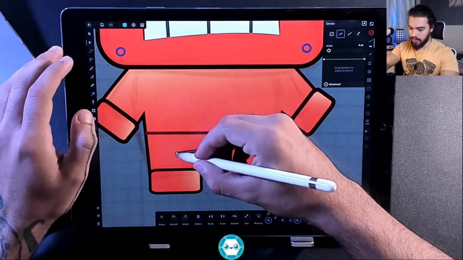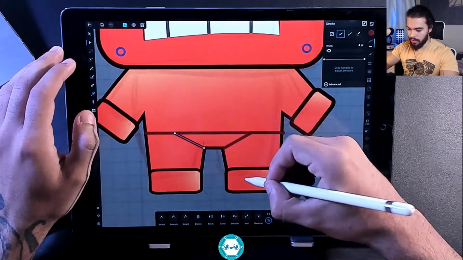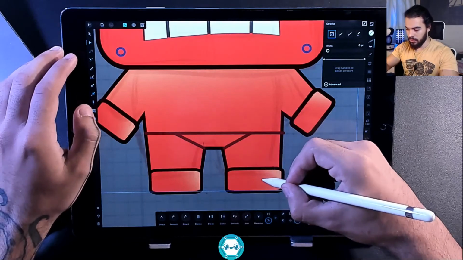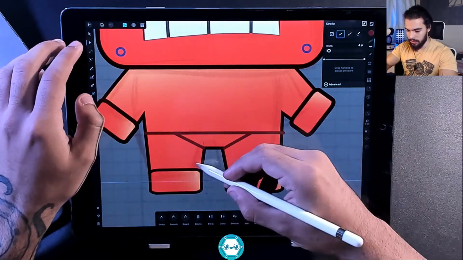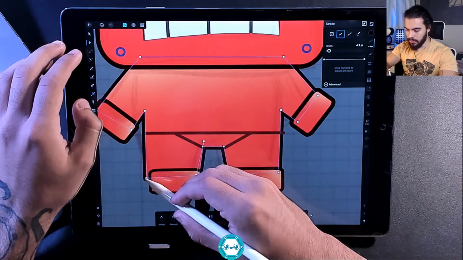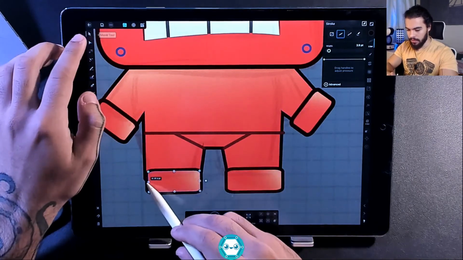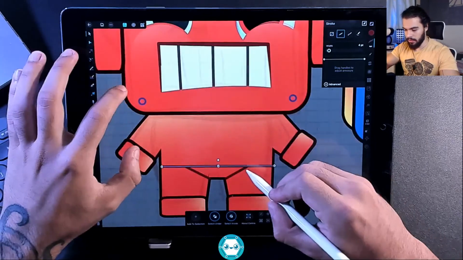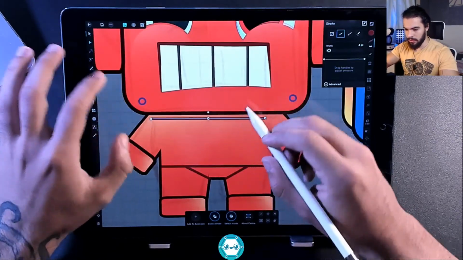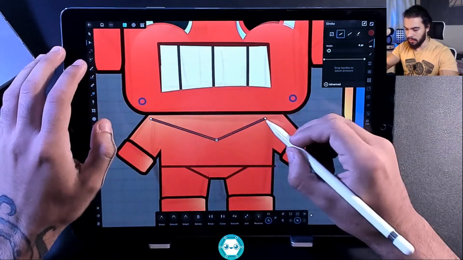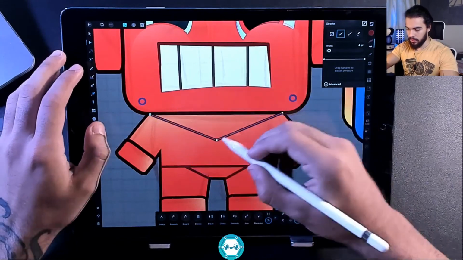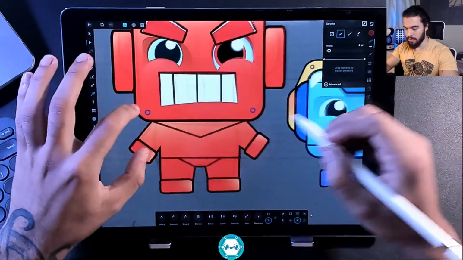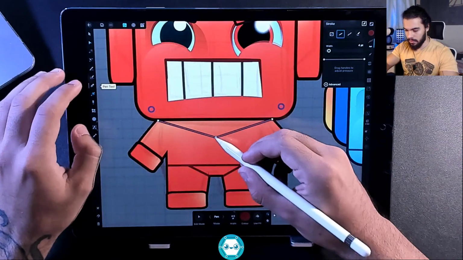Add a bit of details inside of this shape here. This one is too big. A bit more square version. And this one, let me duplicate and apply this one,